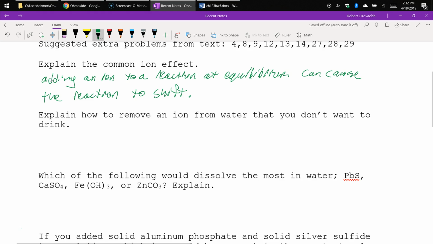So before, when we were talking about equilibrium, we were doing stuff like this Haber process. So this reaction happens, and when we wanted to shift the equilibrium one way or the other, I had to add either hydrogen or nitrogen or ammonia or take one of those away. And there weren't any other options. It had to be one of those three things. But if instead I'm working with a reaction that has like